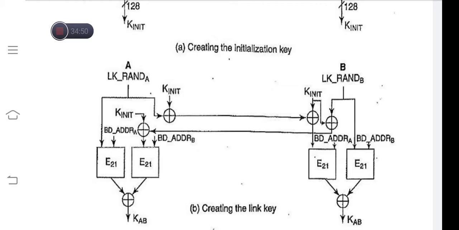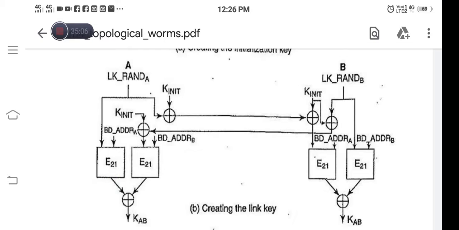The other parameters are the Bluetooth device address of A and the Bluetooth device address of B. We are making use of the encryption algorithm E21, which is the same as E22, based on the block cipher called Safer Plus.